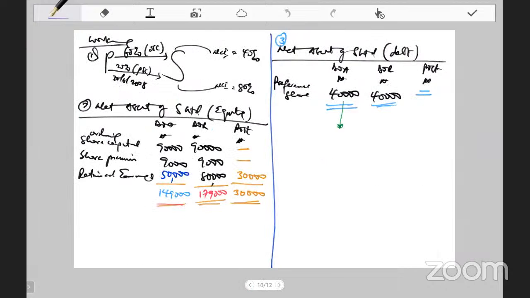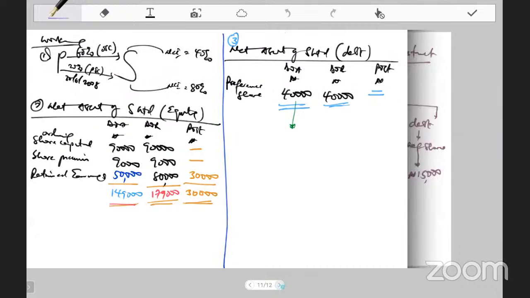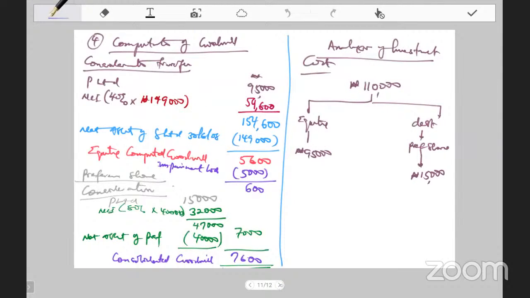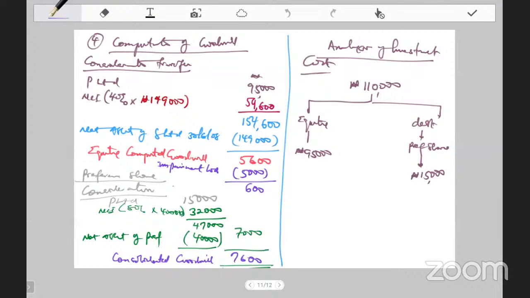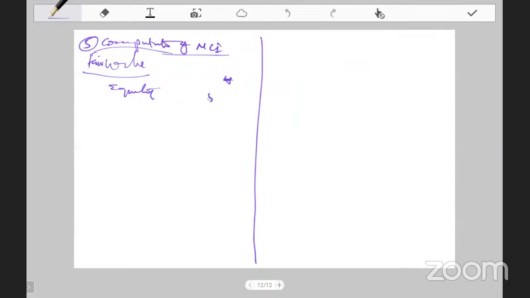What is the fair value paid by the NCI for equity? Let's be very careful. He bought two things. He bought equity, and that equity was how much? 59,600. He also bought preference shares. And how much was the amount? 32,000. Now we need to calculate his own